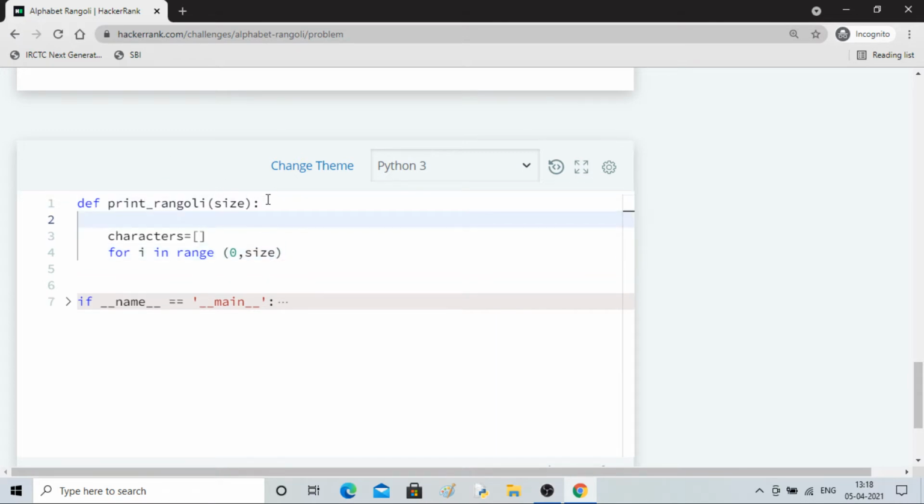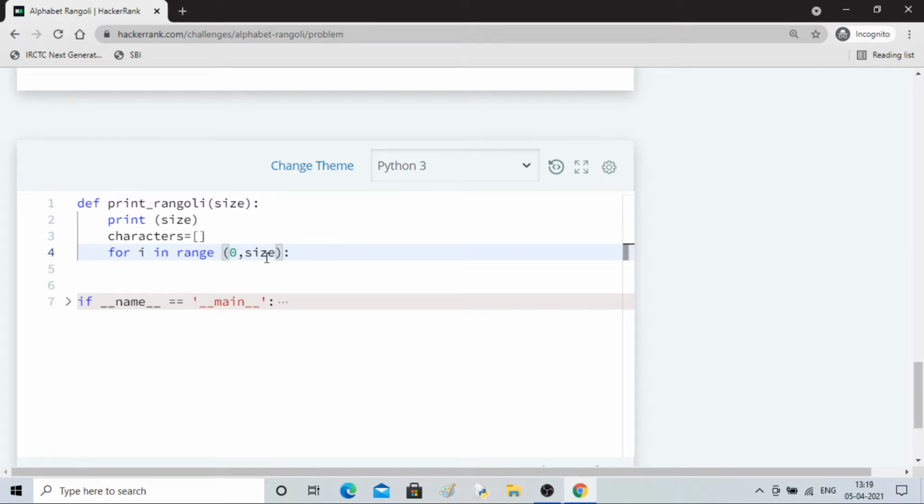You can print size so that you can see. 0 to size, so that many variables we want, depending upon the size. If size is 3, A, B, C we want; if size is 10, A to J we want.